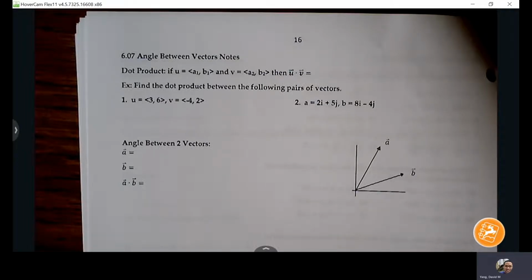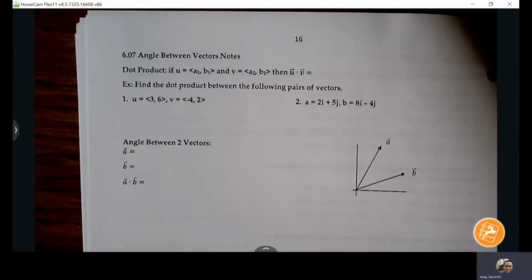Okay, if you guys can turn to page 16. If you guys look on the board, those are the formulas that we're going to be responsible for on the quiz. So the quiz will be on Wednesday. Okay, quiz is Wednesday. We'll go over most of the notes today. Be able to start going over quiz review, hopefully at the end of class today, and then quiz review tomorrow, and then